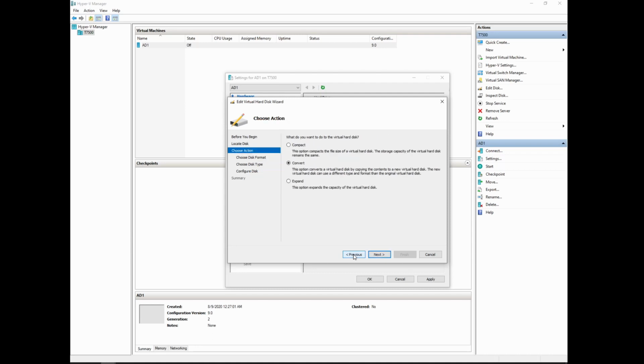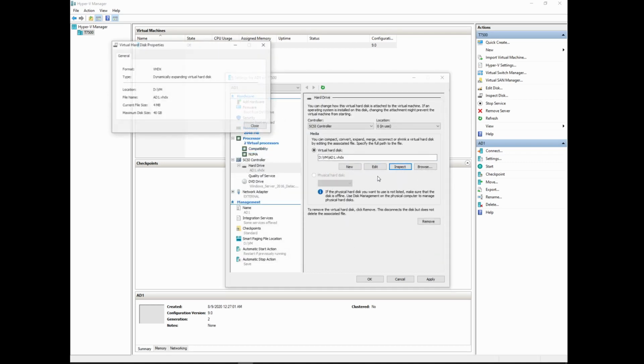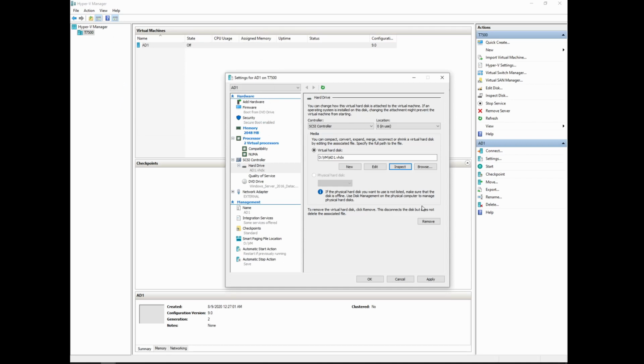So let's go back here to this. We're going to go ahead and cancel out of that. The inspect button does just that. You're able to see what it is, where it's at, file name, its current size, and its maximum size, which is handy. The browse button basically allows you to go and find another disk if you need to. So we go on down here, quality of